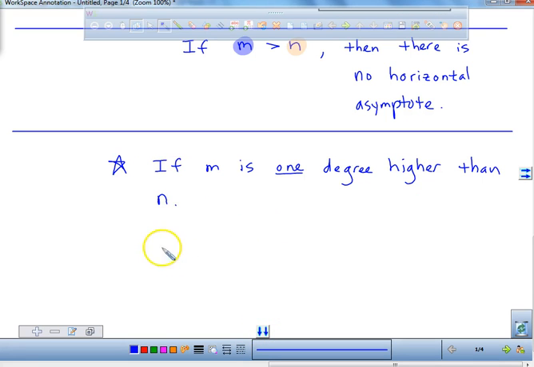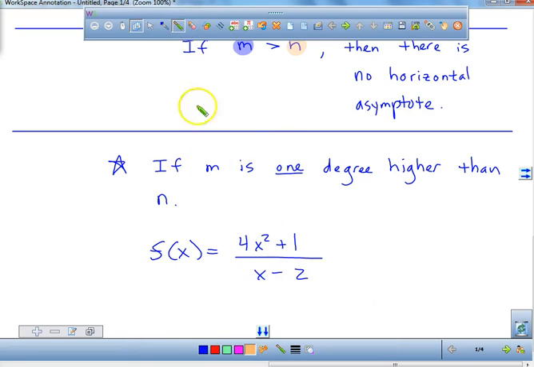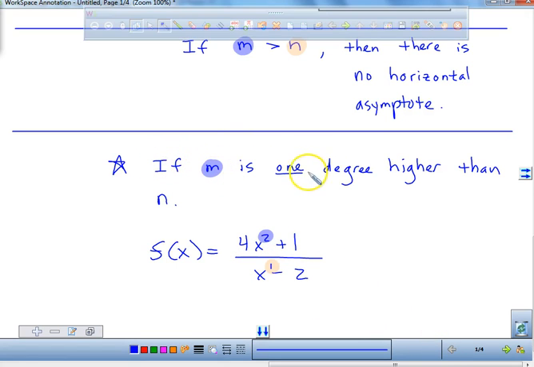So what if, let me give you a what if, ready? If f of x was 4x squared plus 1 over x minus 2. Can everybody see right here that m is 2 and n, even though you can't see it, n is 1. So if m is 1 degree higher than n, then